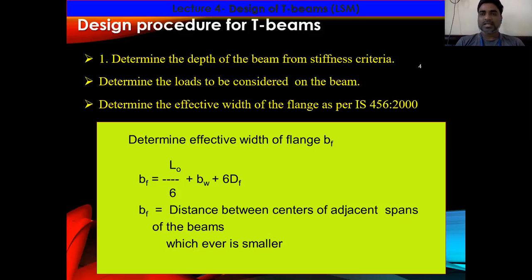Then you can assume the clear cover and assume the diameter of the tension bar, and you can determine the overall depth, or you can directly assume the effective cover, and from that you can determine the overall depth of the beam. What is the overall depth of the beam? The overall depth of the beam in T-beam sections is, suppose this is your